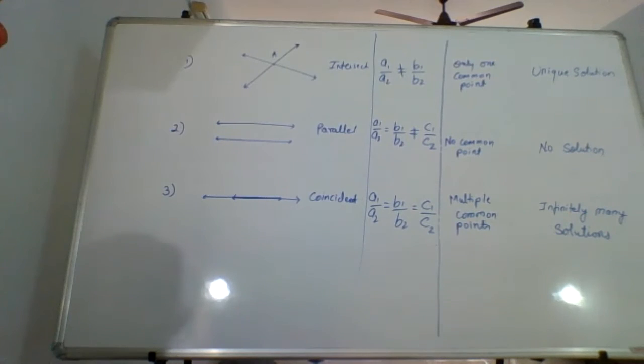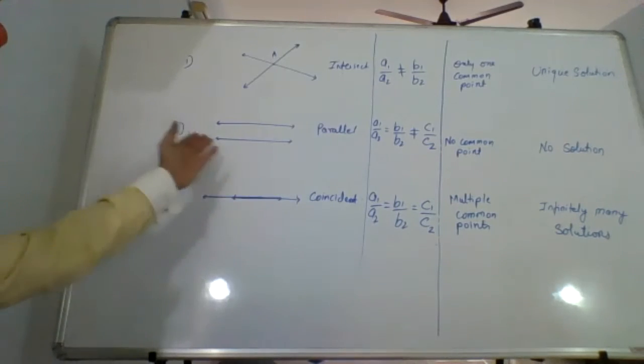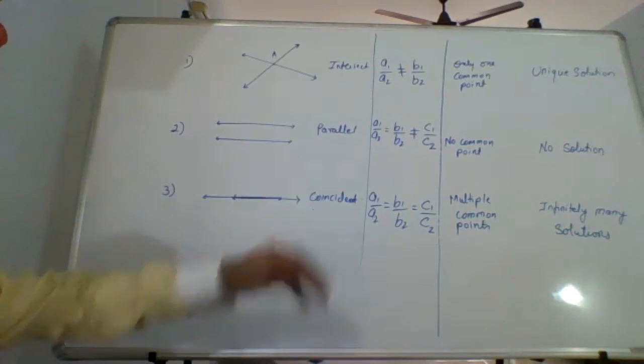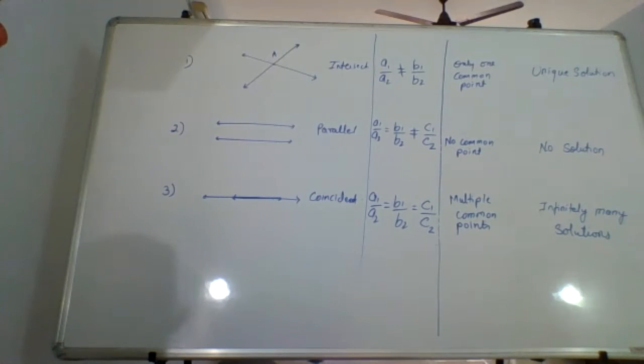Then for the second equation, again we are going to find 3 pairs of values for x and y. Plot the second line. See whether the two lines intersect or not. If they intersect, where do they intersect? Wherever they intersect, that is our solution. If they're not intersecting, if they're parallel, then we will say they have no solution. And if they're overlapping, we will say they have infinitely many solutions.